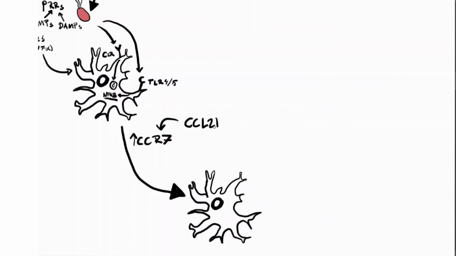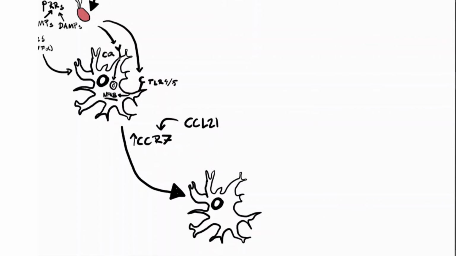And CCL21 is expressed by stromal cells inside the lymph nodes, the secondary lymphoid organs. And this will create a concentration gradient which kind of attracts the dendritic cell, because they follow the gradient. And they will enter the lymphatics and move towards higher concentrations of CCL21. And together with